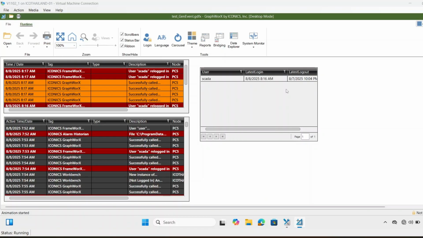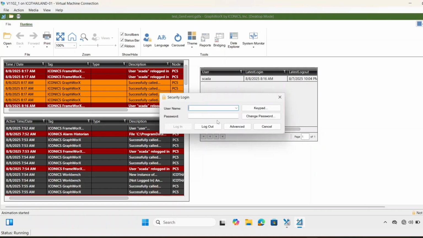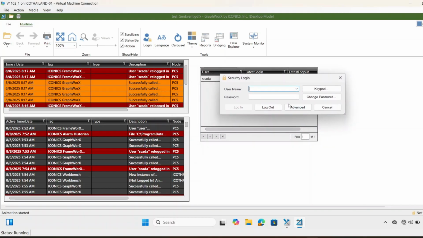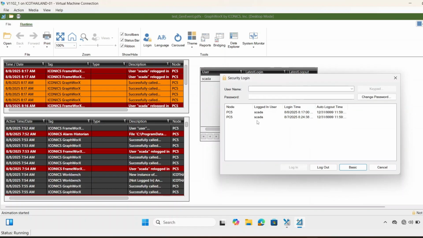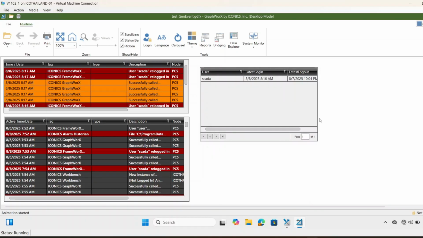Because if you would like to show the list of the login user, you need to open the login dialog and go to the advanced button here. And you can see the user that logged into the system. And if you would like to show this in the display of the client, for example in GrabWorks and WebHMI at runtime,